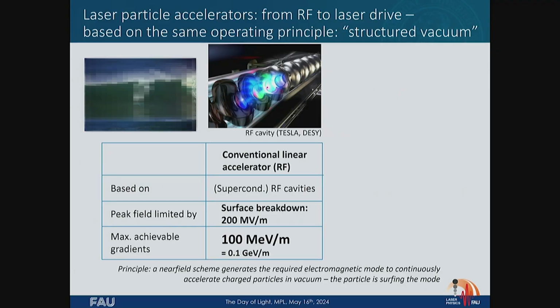This is how all accelerators work. It's exactly like this surfer here, surfing the wave. If the electrons have a certain speed, you can phase match them with an optical mode, and then the electron just surfs the mode. And if you just accelerate the mode, you accelerate the electron. This is the very principle of any RF accelerator. You can have field strength as large as 200 million volts per meter, very large field strength, at RF. That's why people go to RF. Then you have gradients at your disposal. There's just this number times E, so roughly 100 mega electron volts per meter. Divide that by 3, and this is how you build an accelerator.